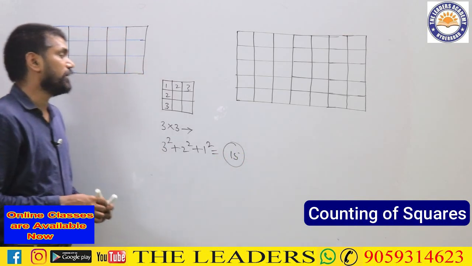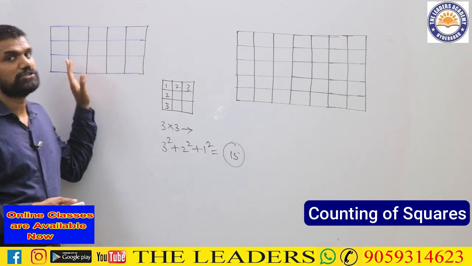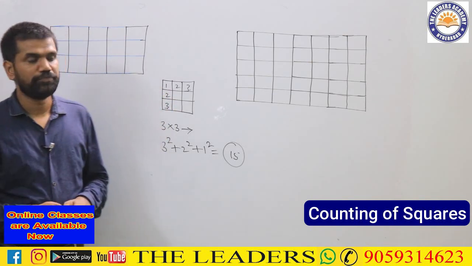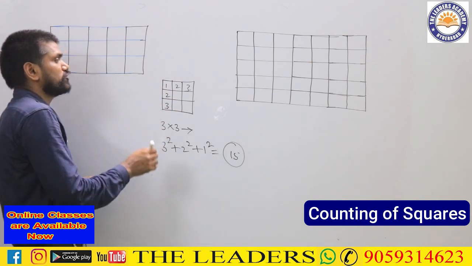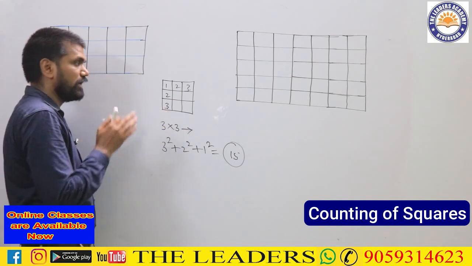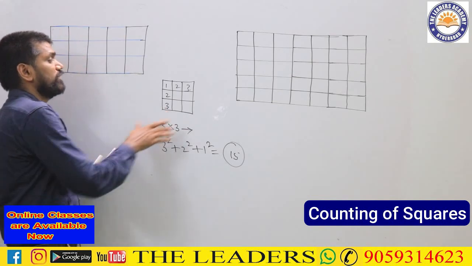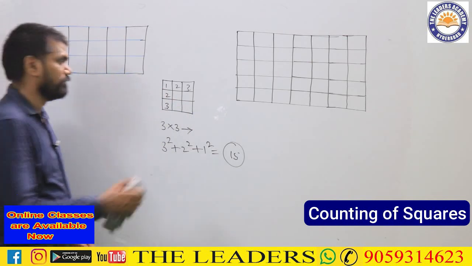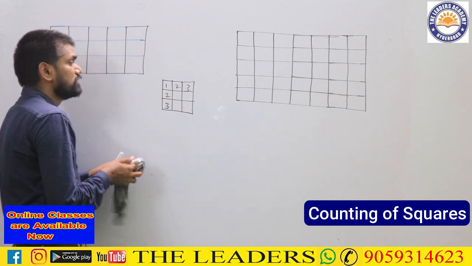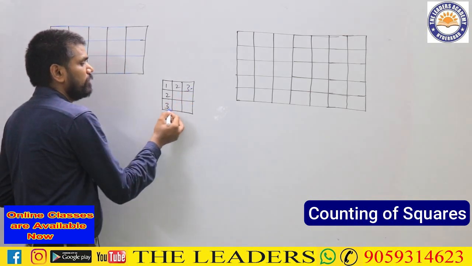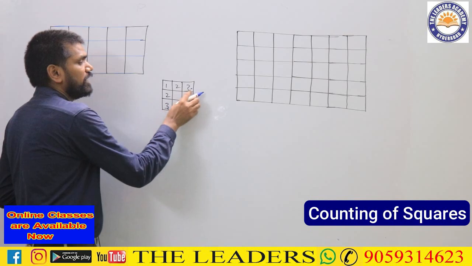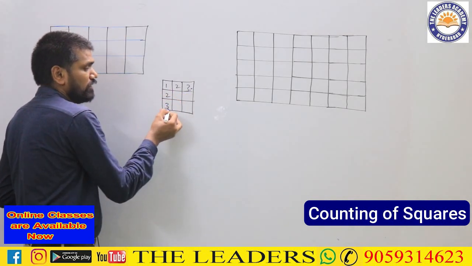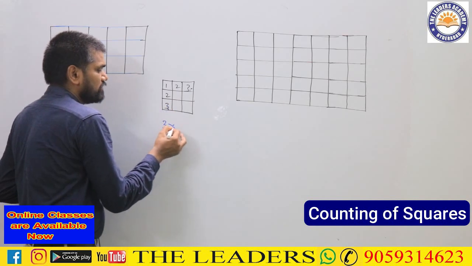But here it is not a square grid, that is a rectangular grid. Then how do we handle such a scenario? Now let me derive that shortcut from this observation. In any situation, whether it is a square grid or a rectangular grid, the basic technique for counting the number of squares will be like this. Start with the largest number here and here. Multiply largest with largest. Largest in the row is 3, largest in the column is 3. So you just multiply 3 with 3.